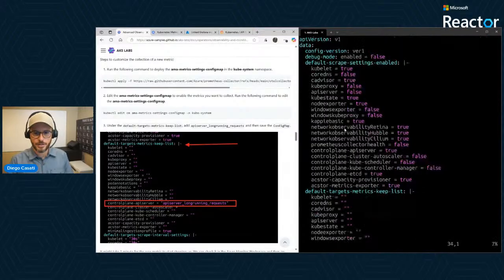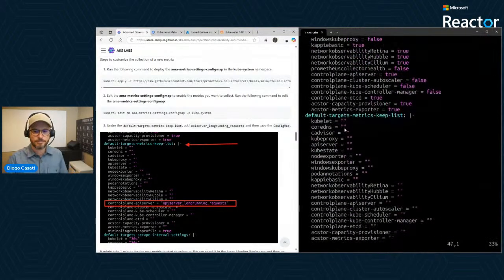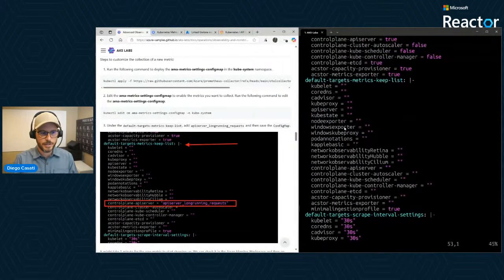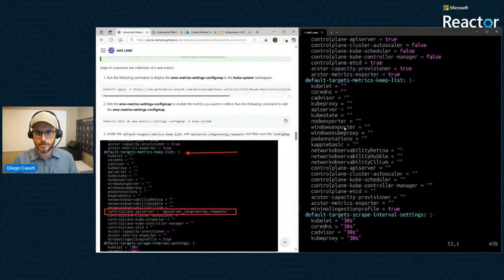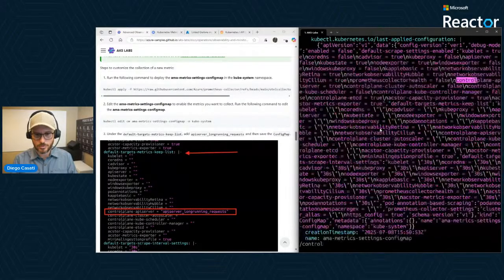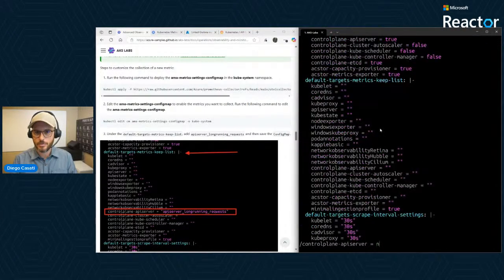For this example, I don't want to turn anything to false. I actually want to come down here where it says control plane API server, which is right in here.